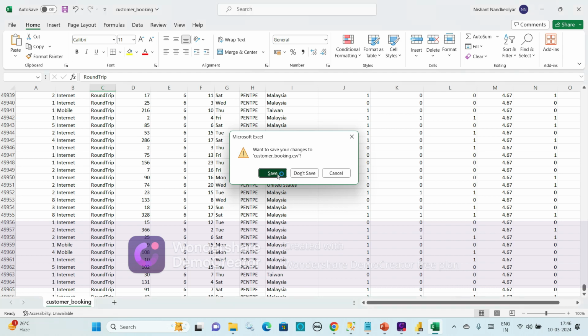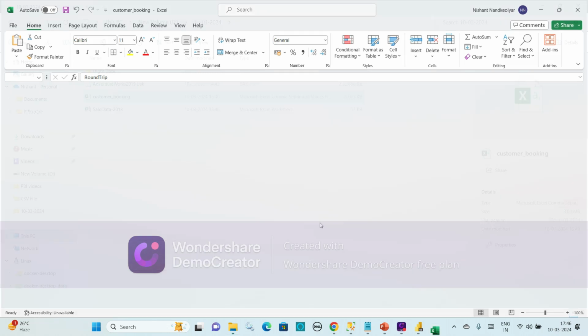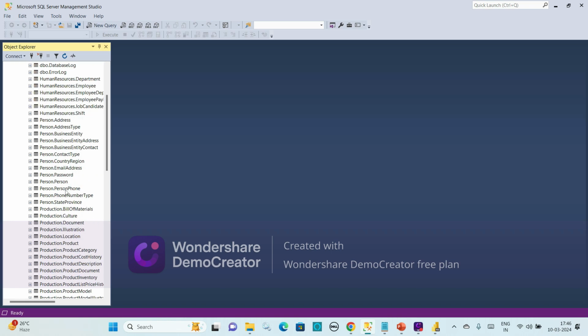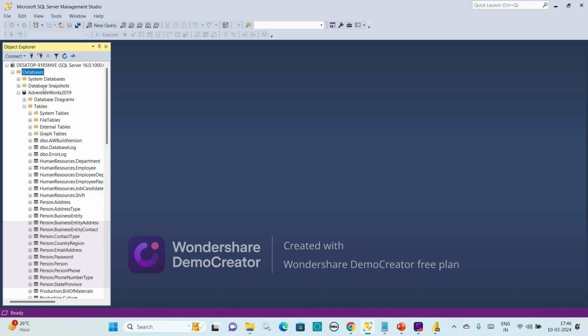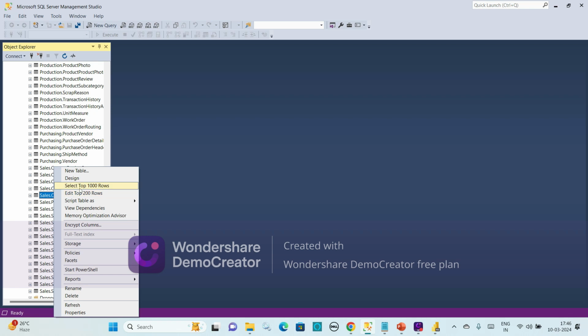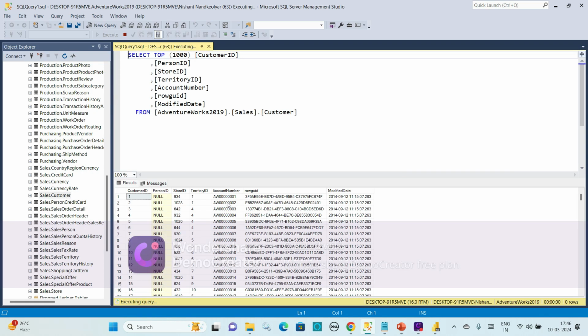So let us check once again. We click on it, okay, the data is open here. So this is our data, the tables of AdventureWorks 19. This is the entire table. If you want to see the data of Sales Customer, just right click and select top count rows. So in this section, you will see the data of customer rows. If you want the data in how many rows, because this is the top 1000, you just delete